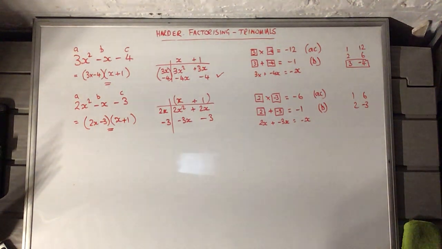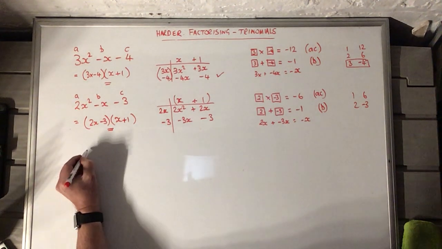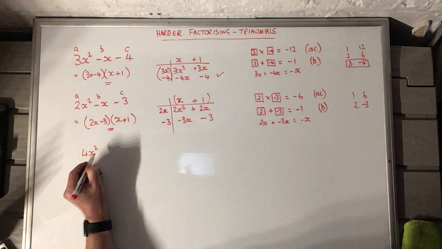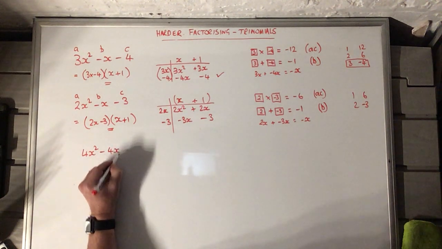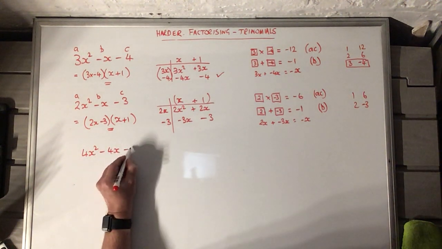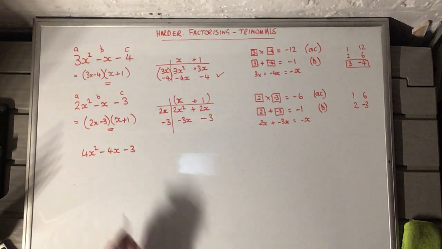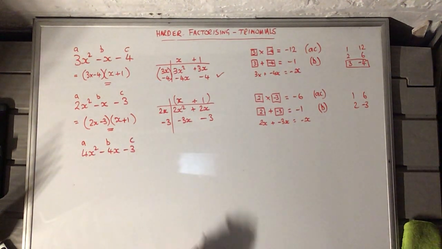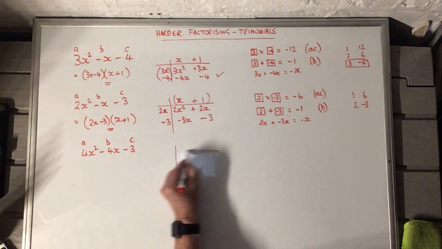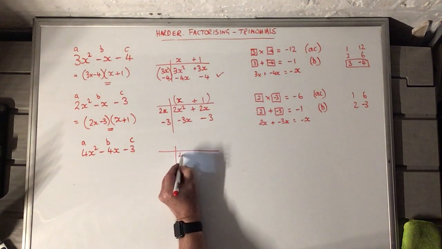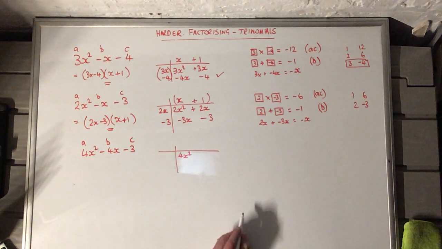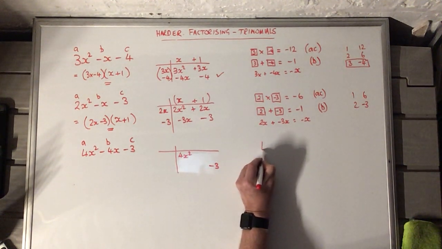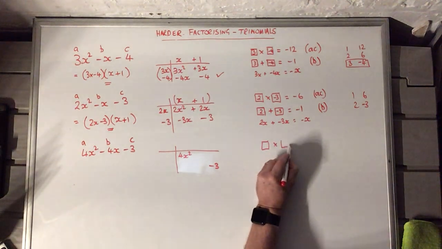Try another one. Get a wee bit more complicated here then. Let's try 4x squared minus 4x minus 3. My A, my B, and my C. Set my grid up. First term goes in the top left, last term goes in the bottom right. And then we've got our two numbers that multiply to give me